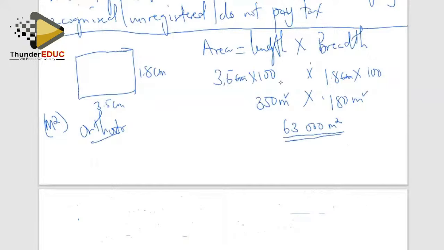So that's basically how you calculate. You measure your distance for the length side and you multiply by 100 to get the actual distance in meters. You are given the breadth in centimeters, you multiply by 100 to get the actual distance in meters. Then you multiply the two to get your answer in square meters. Right. Why is it important to calculate? Sorry, before that, we are going to move to question number